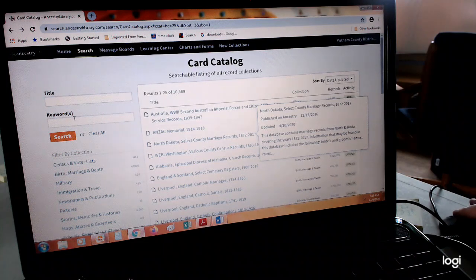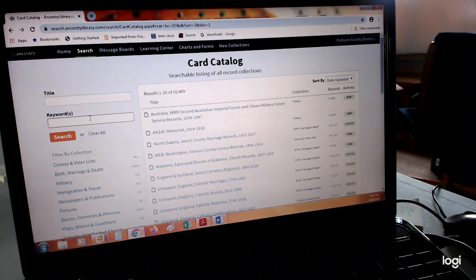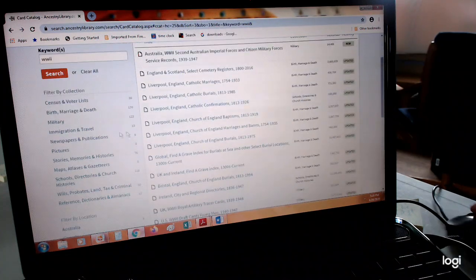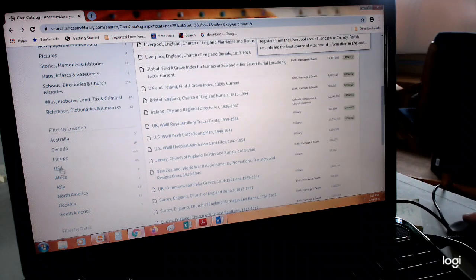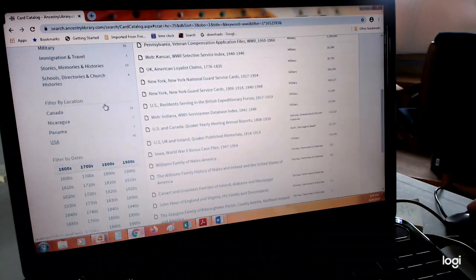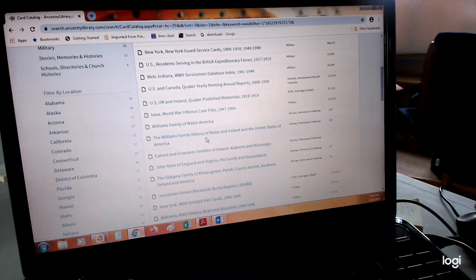Also on here, if you're looking for, say, just World War II, you want to see what kind of records they have, you can just type that in. And here they are. You can even go down here. We're going to filter it by North America. If you want to filter them even farther, you can go to just the United States.